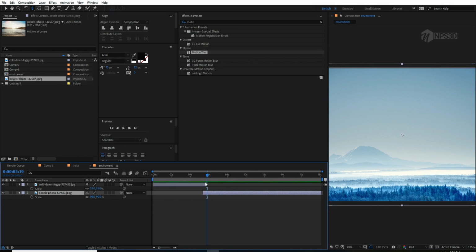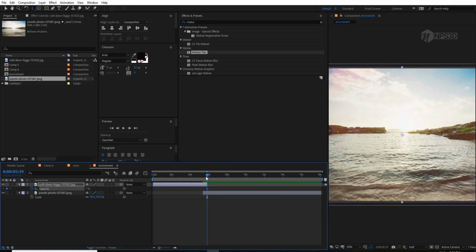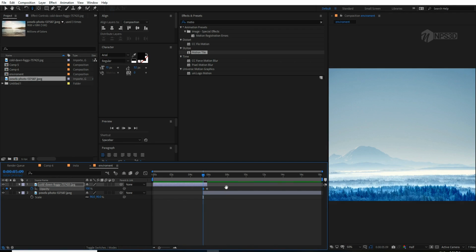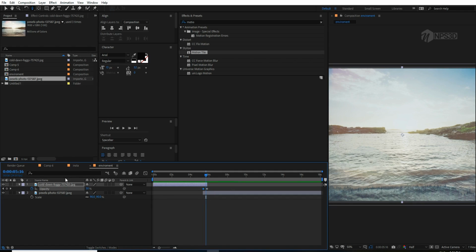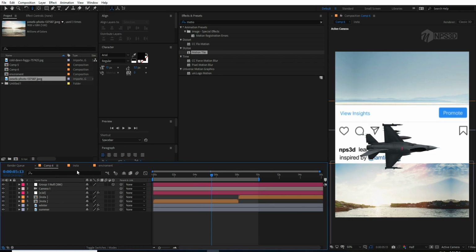So press T for opacity, set it to 0, and it will be here at 100%. So now go to the main